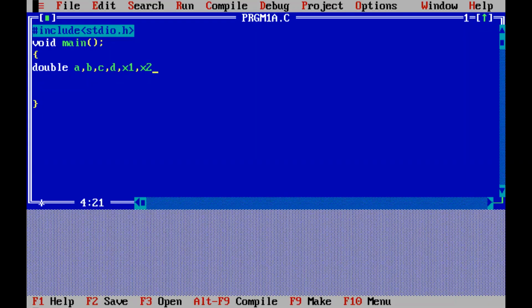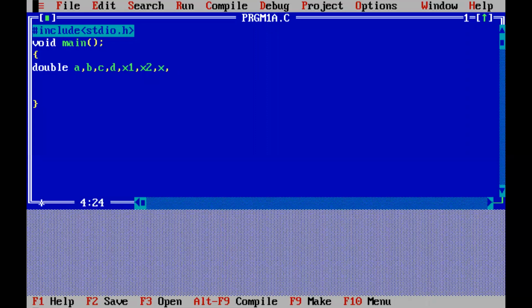But if you want to use a separate variable name for the case when d value is equal to 0, you can always use a variable called x, because we have only one value of x. The third condition is d value less than 0. That means if the discriminant is less than 0, you will be having two roots x1 and x2, but they are given as the real part and imaginary part. So real part plus imaginary part i, and real part minus imaginary part into i.